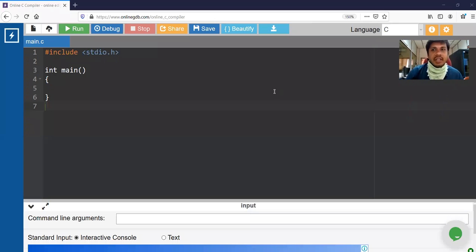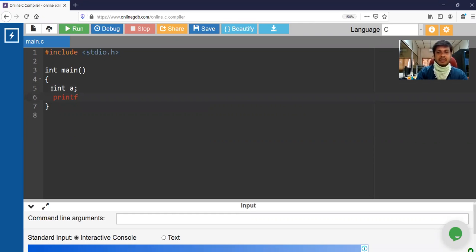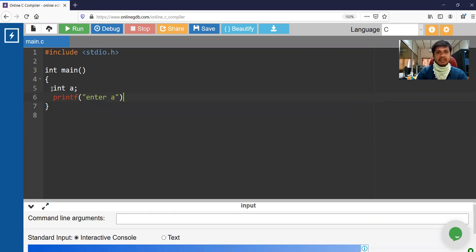So here we will see how to check whether the given number is even or odd. We have seen this program. Enter A and read that number.